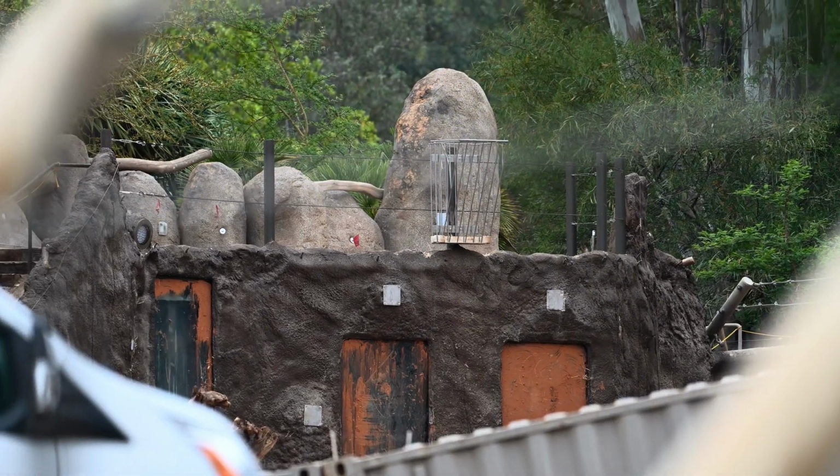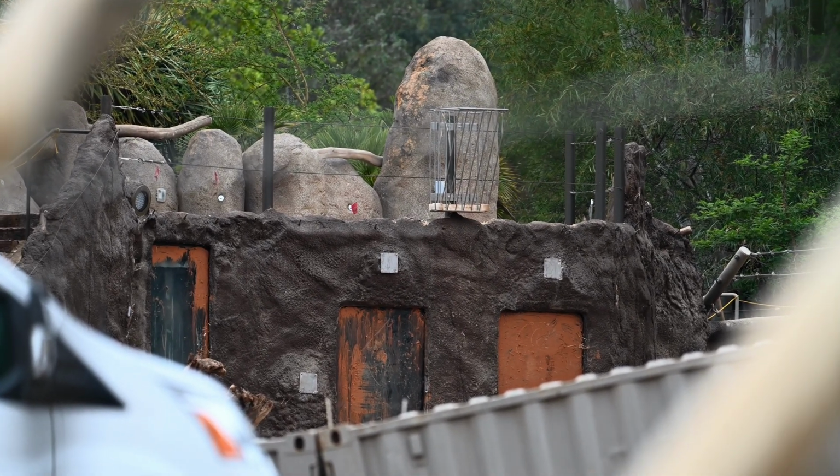Also, it's worth pointing out, I am hearing rumors of a new glass viewing area for Elephant Valley, and it's going to be centered around this nice little rock structure on the middle pathway. I don't know too much about what that's going to be like. I do have shots of it here from the herb garden area. This brand new viewing experience could be a paid experience where you get to see elephants eating and all this other stuff as care specialists do it, or